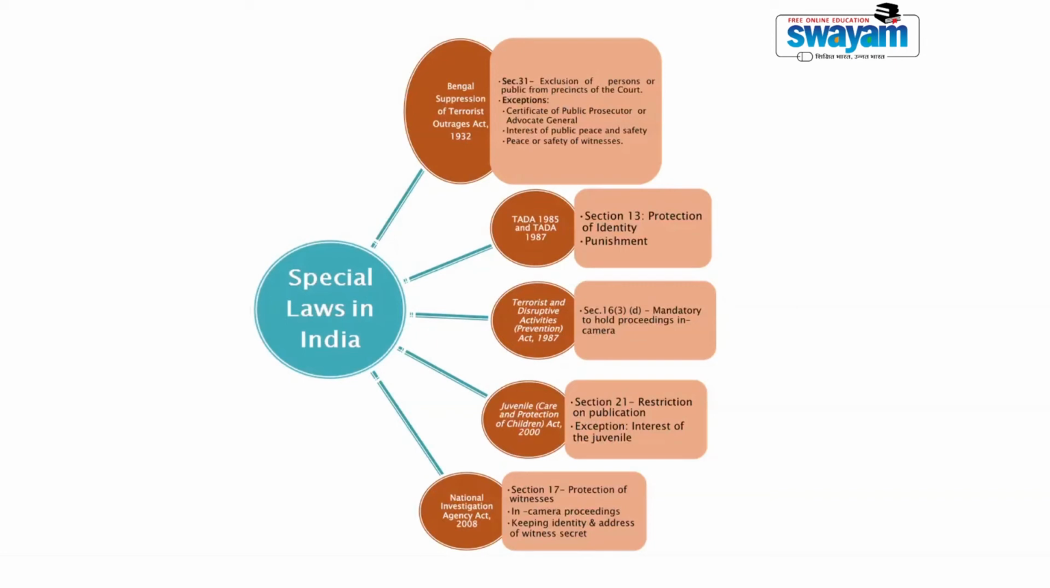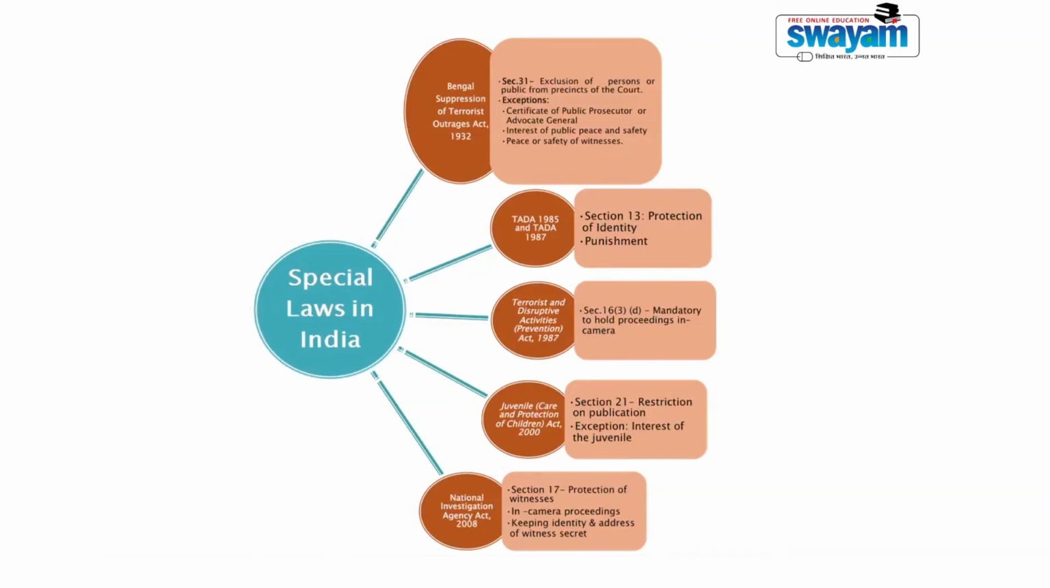The provisions of the Juvenile Justice (Care and Protection of Children) Act 2000. Here also section 21 of this act clearly speaks regarding restriction on publications. The section says that the name, identity or address of the witnesses giving evidence before the honorable court are not to be published in any newspaper, and should not be disclosed to anyone. This is the restriction imposed. The section also speaks regarding an exception: if the interest of the juvenile is involved, then the testimony can be disclosed. Then the